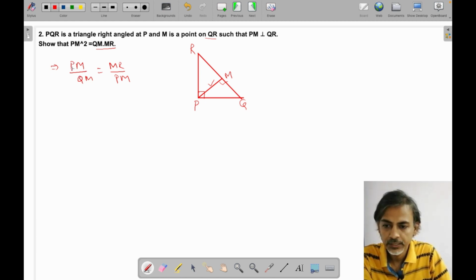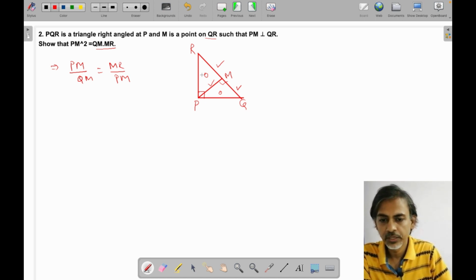When you are looking at it, it's PM and QM. So PM is here and then QM is here. MR is over here and then PM is over here, right? So looks like we are talking about this triangle and this triangle, right? So we got to go into these triangles and see whether we can get something out of these